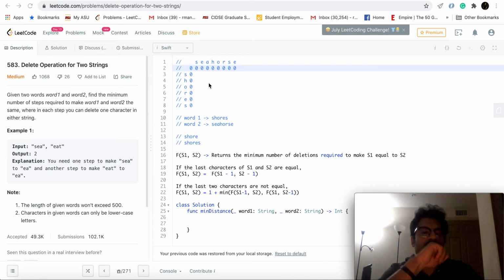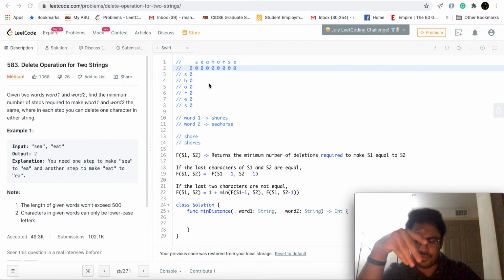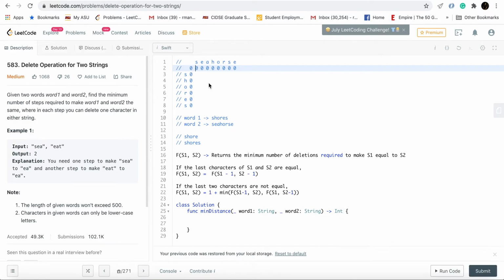Now we'll fill the top row first, and the first column. Then we will proceed in filling the rows from left to right, and keep filling the rows from top to bottom, and then we'll find the value here.